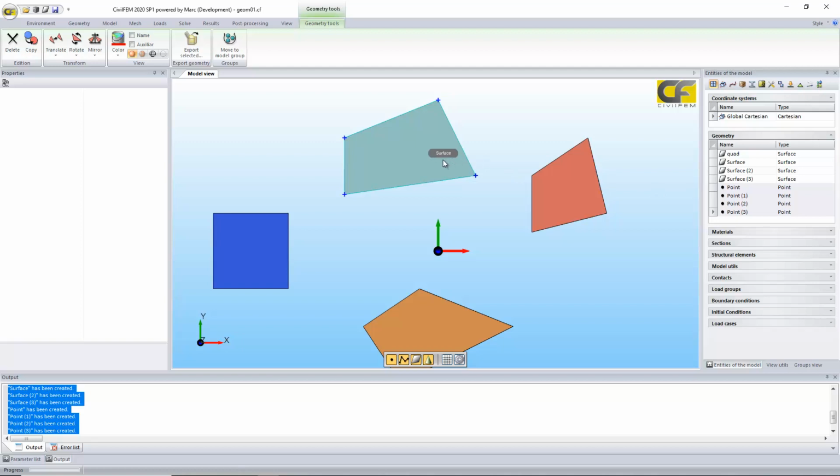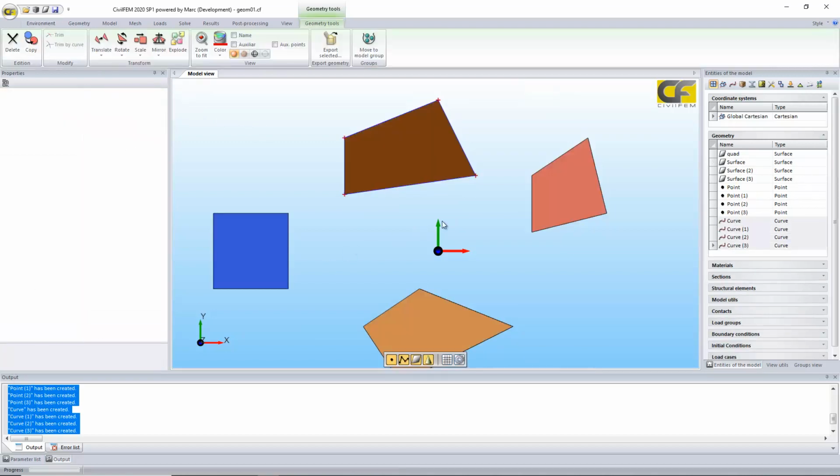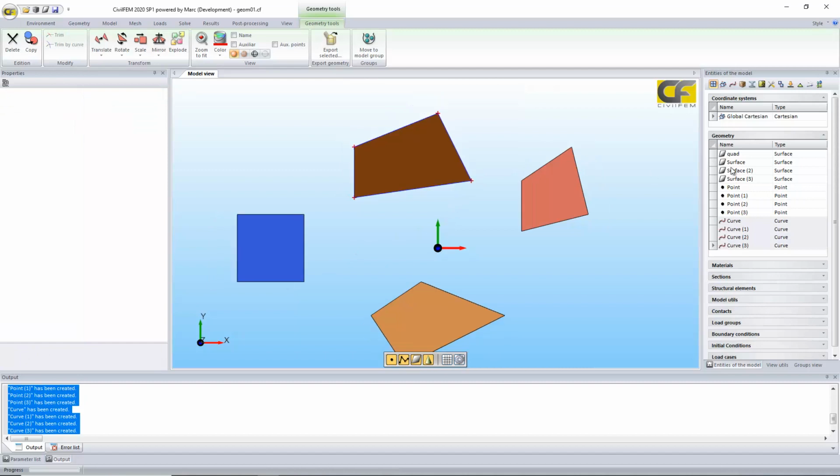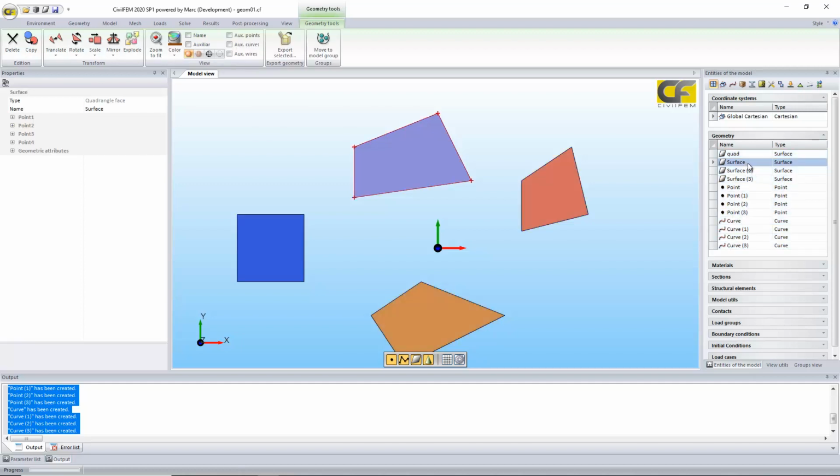Here I have now my points, and I can have my curves. Okay, I can always set my different names and change them: quad 2, quad 1, quad 3,